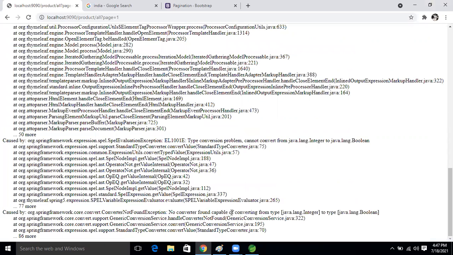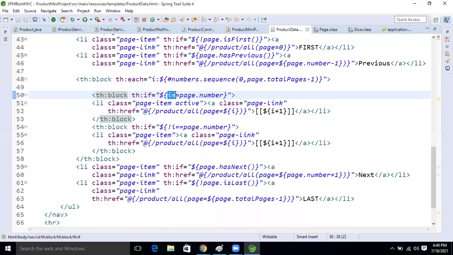Here i, right? i is page number. Page is already taken. The page spelling is correct. Number is also correct.